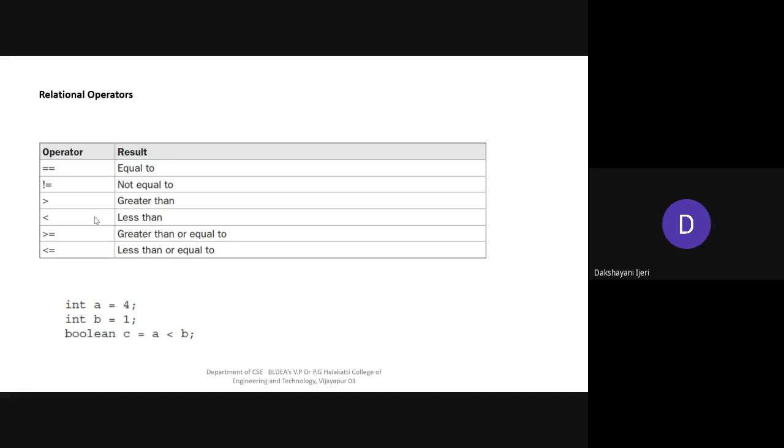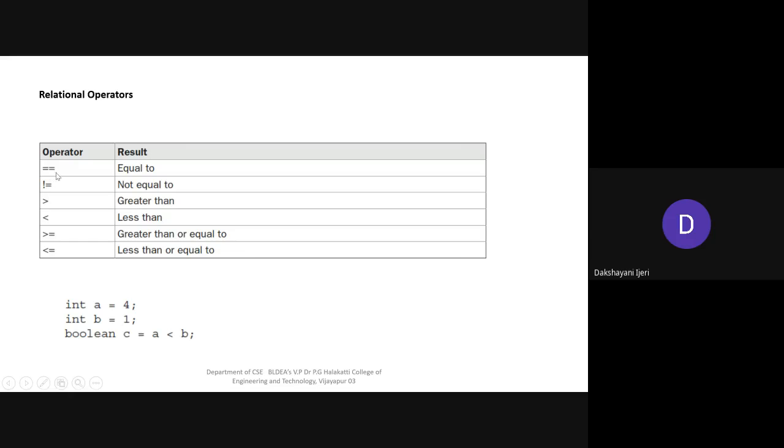Coming to the next operators, relational operators here. These are the relational operators which you might be using in various conditional statements. Again, these are not new things that you are studying here. The same operators you might have used in other programming languages also, right? So double equal to is to do the comparison whether the two operands are equal or not. In brief, I'll be telling you for what purpose each of these operators is used. Even if any of you are not aware of these operators, if you have any confusion, stop me there itself and you can ask me for what purpose it is used.